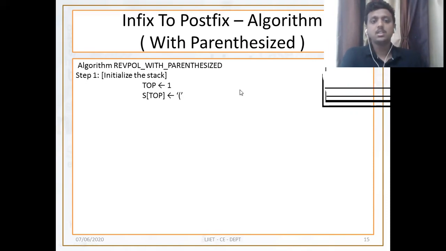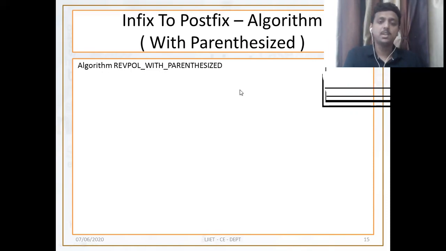So what will be our first step? Our first step is to initialize the stack. By default the stack is pointing to 0, but here we need the stack top pointing to 1, because in an algorithm the array index starts from 1.